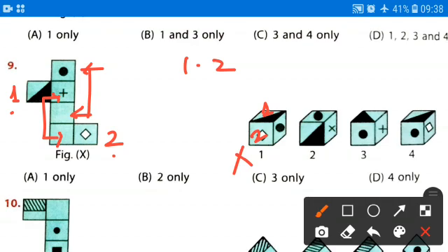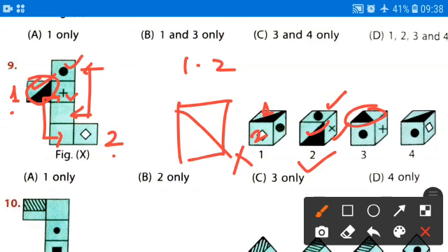Second, check the second one. This one and this plus are adjacent, and these three are adjacent here also, so this second one can be the correct one. Now coming to the third one, this can also be correct, but the position of this portion is not exact. It should be like this, but in the figure it is like that, so this is also not correct.